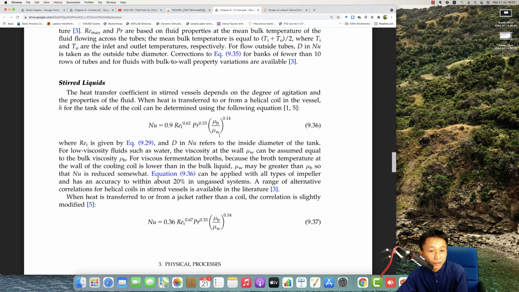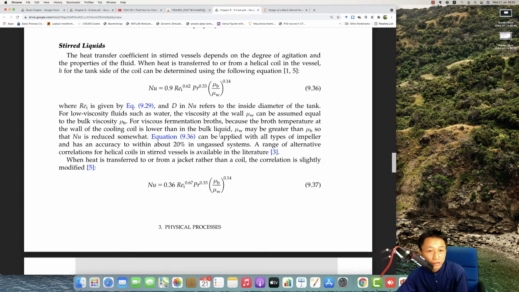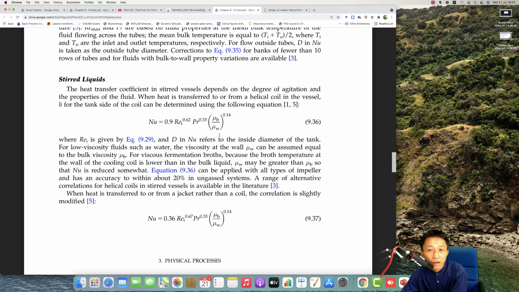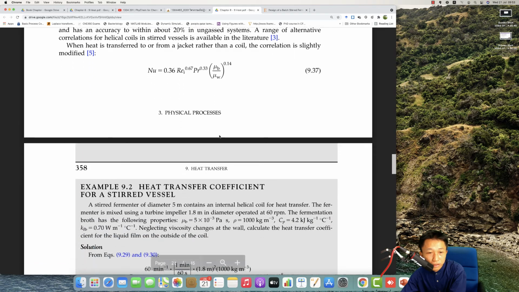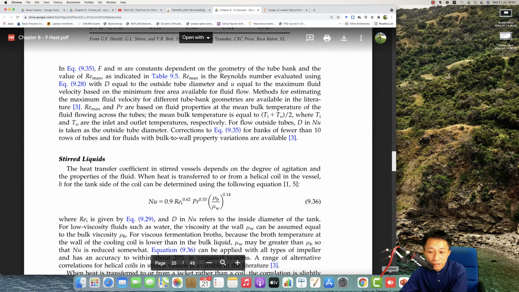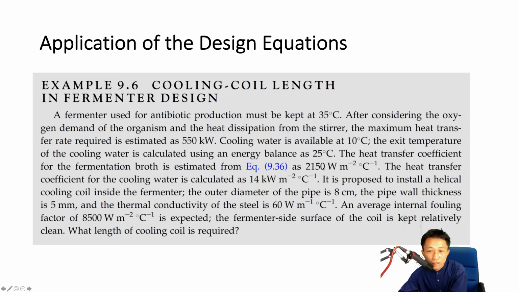Where is 36? 9.36. Okay, it's not so number. Okay, I think it's the H one. Okay, H. Okay, continue. Is H this one, and then in